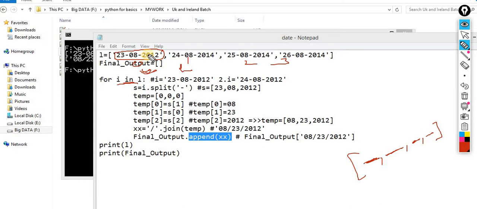But understand my point. Here I need these values, not length, not index. I don't want to play with the index. I have to play with these values, and I am getting these values directly. If I have to play with the index, then you have to think about the len method. If you just imagine it, if you want to process only the second element on the second index number, then you have to play with the range of len of this one. But here you need to play with these values, not with the index. My question is this one.